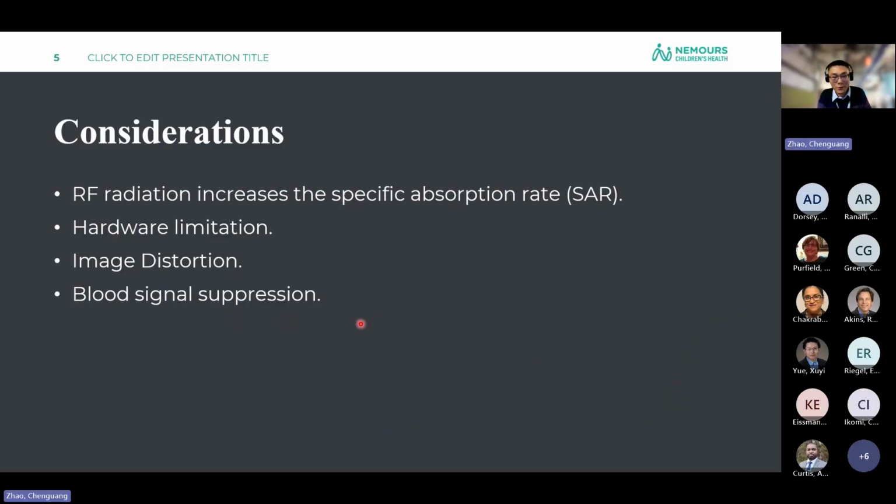Okay, considerations. Nothing comes for free. We want real-time, high-resolution imaging, but we have to face some challenges. The first one is the RF radiation will increase because we moved from one single pulse to a composite RF pulse, which means more SAR, or specific absorption rate. So more energy deposition in human anatomy. But based on a brief calculation, it is still within the limit as required by IEC, or FDA,